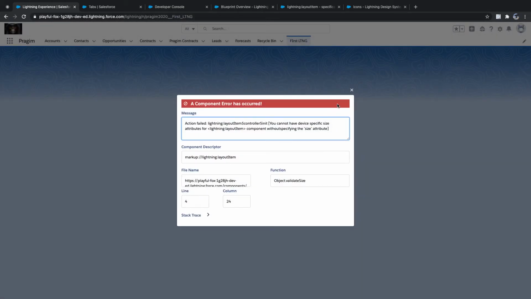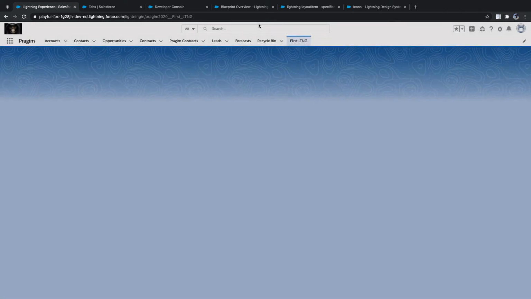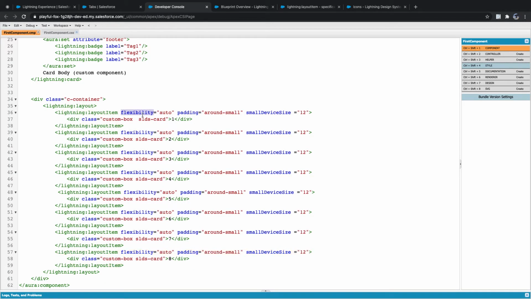Now I mentioned 12 as the argument for a small layout. Okay, here I'll say flexibility. I'll say size equal to 4. I made it size 4.